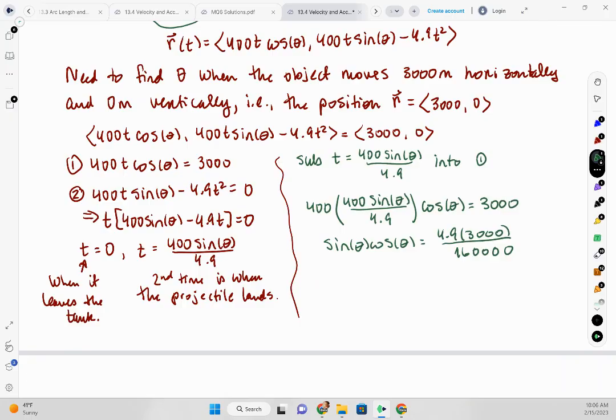Now if I plug this value into my calculator, working this in real time here with you, 4.9 times 3,000 divided by 160,000 is going to give me